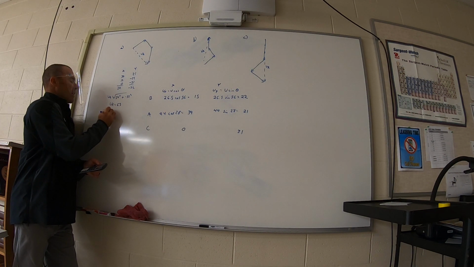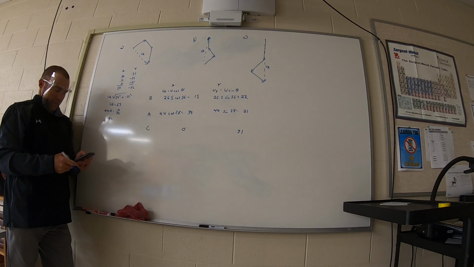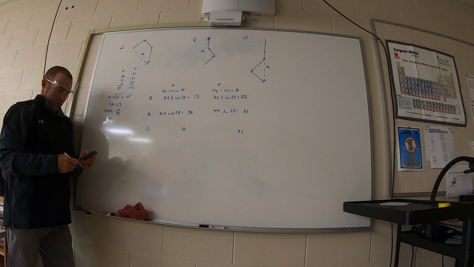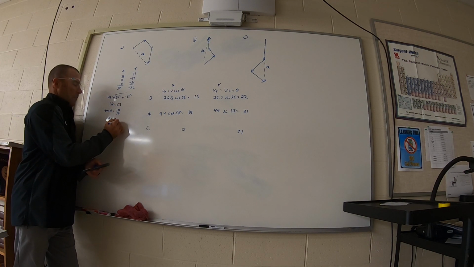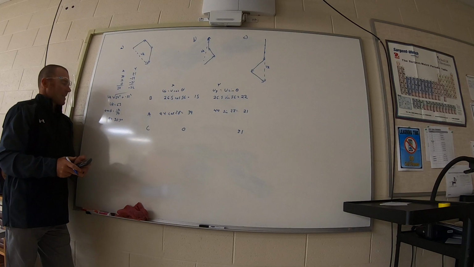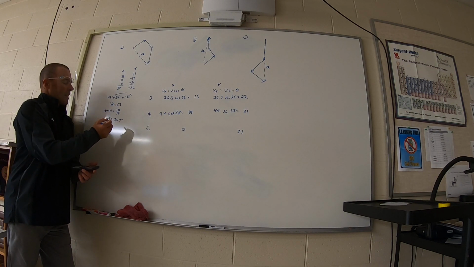And then tangent of theta is equal to negative 32 over 54, which is 30.7 degrees. And since y is negative, it's going to be